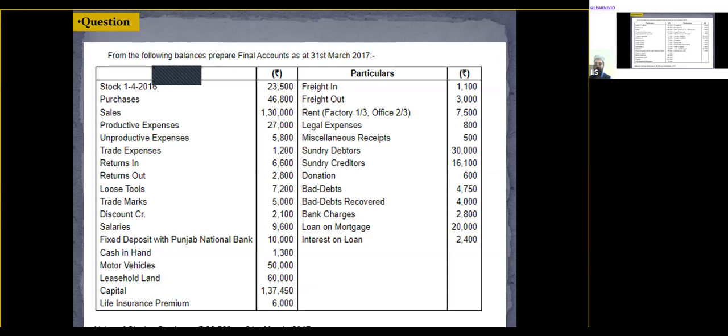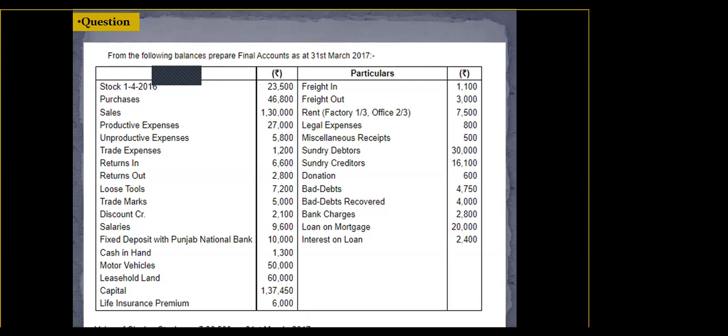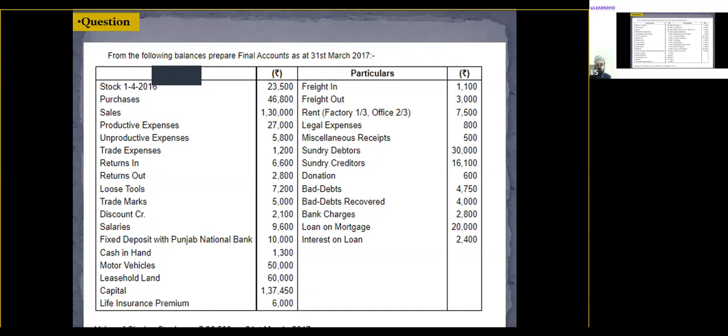Gross profit, everyone, it should be 61,800. All of you just tally your gross profit with the answer I'm telling you. Alexander, you are getting 61,800 gross profit? Yes, sir. All right, very good. Move to the profit and loss account. Calculate the net profit and let me know, please.